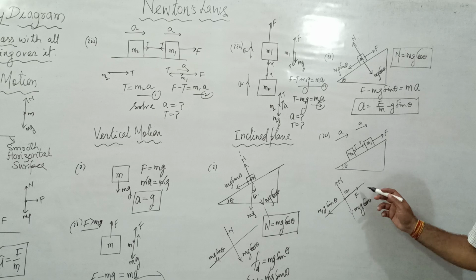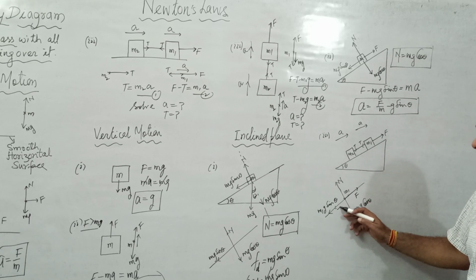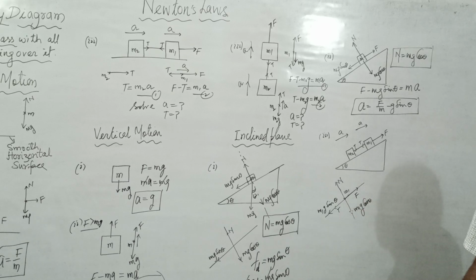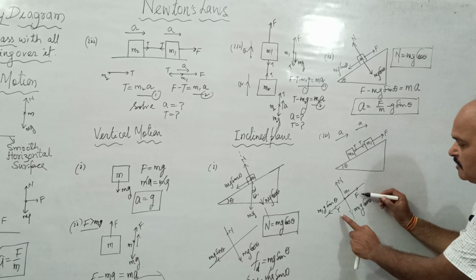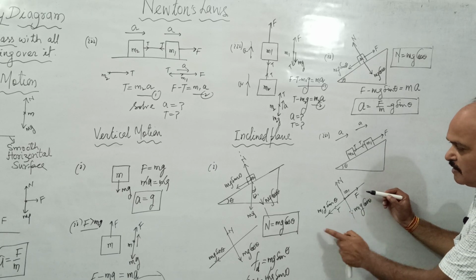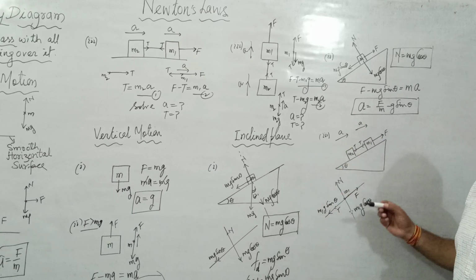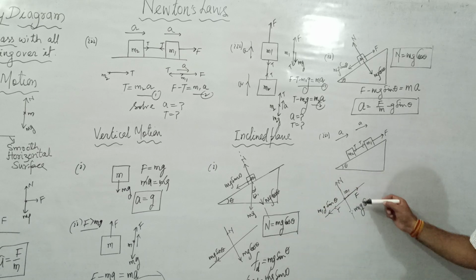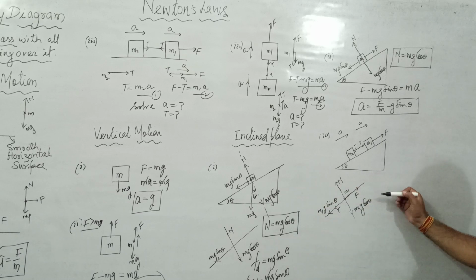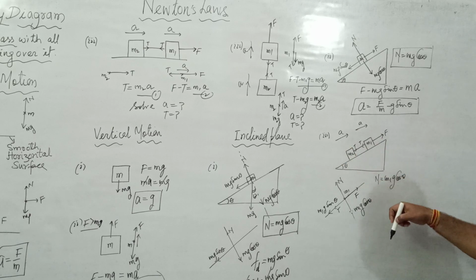These are the forces, and one more force acts on this mass m1, and that is T in this direction. So the forces acting on this mass are F and T, these are components of the weight, m1g cos theta and m1g sin theta, and this is the normal reaction. So these results you can use directly. Now N is equal to m1g cos theta, so there is no motion in this direction.